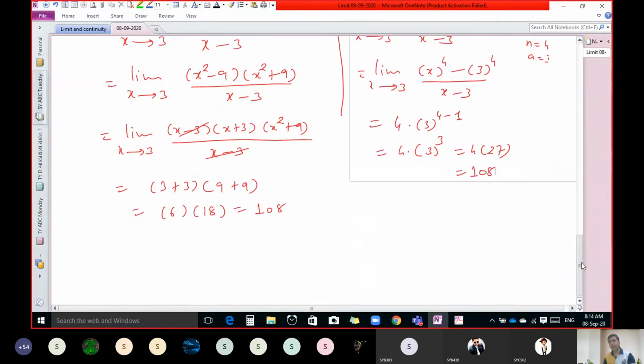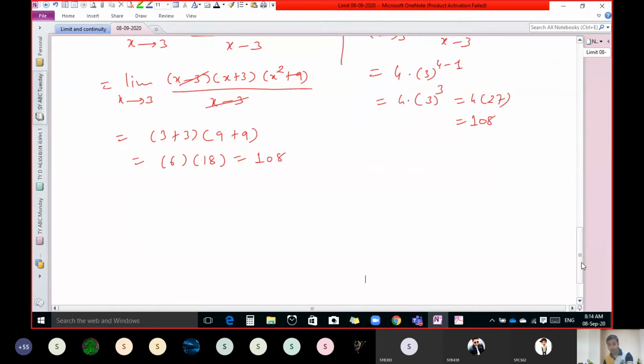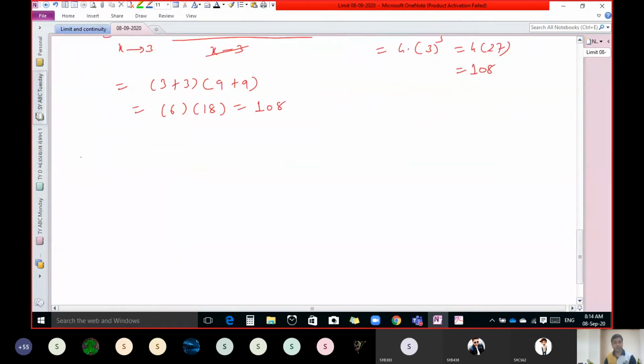And definitely it will be helpful to us if the question is very difficult like this. If this is the question, then factorization becomes too much difficult: x raised to 3 by 2 minus 1 upon x minus 1. It is not a simple question. It is not simple to factorize this numerator. But you can get the answer very easily.